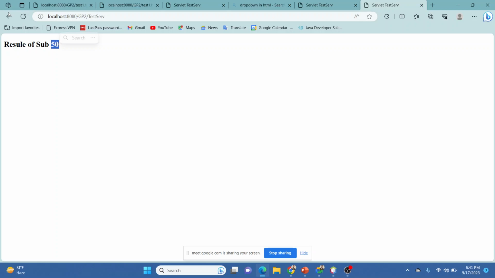So we can create even 5 servlets, 10 servlets, to transfer data in between. The initial part can be HTML, or in a web application the first file can be an HTML file. But after that, when you are transferring the data from one page to another page, or calculating the data, you have to make sure that your data is not lost or destroyed in between. So you have to make sure that there are multiple servlets that can handle the data. That's how we can use servlets to create a lot of programs.